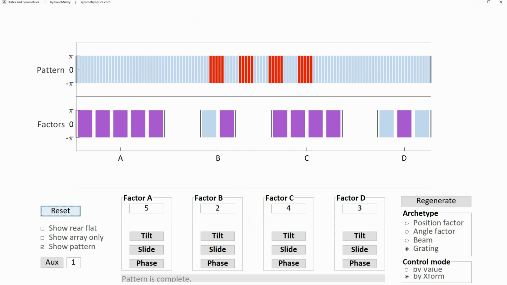To analyze the grating, we simply extrapolate further to more factors.